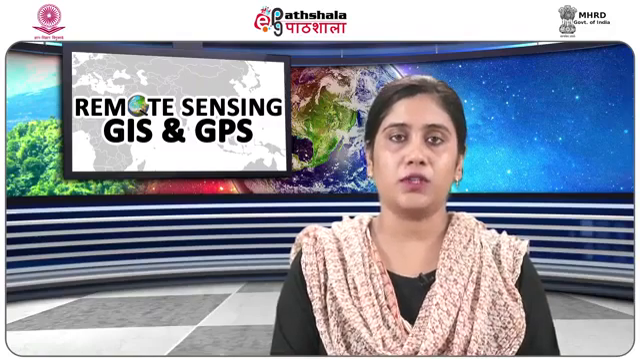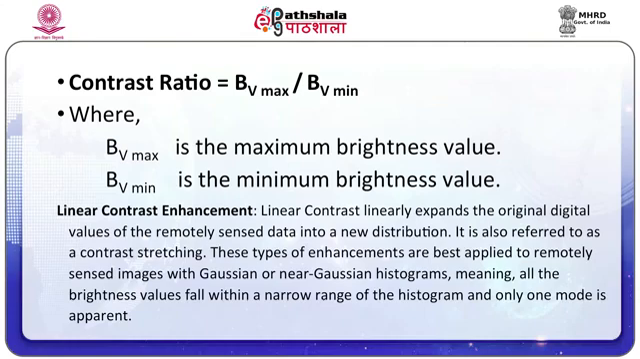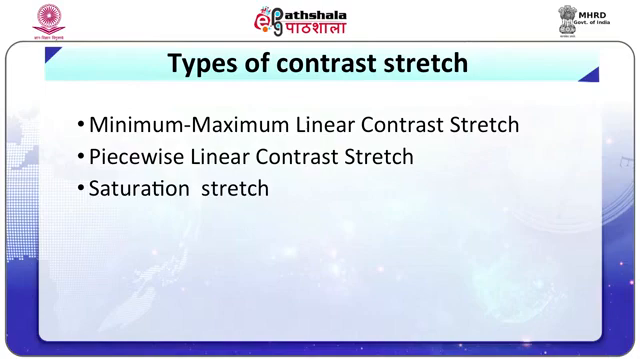Linear contrast enhancement. Linear contrast linearly expands the original digital values of the remotely sensed data into a new distribution. It is also referred to as contrast stretching. This type of enhancement is best applied to remotely sensed images with Gaussian or near Gaussian histograms, meaning all the brightness values fall within a narrow range of the histogram and only one mode is apparent. There are 4 methods of linear contrast enhancement: minimum maximum linear contrast stretch, piecewise linear contrast stretch, saturation stretch,